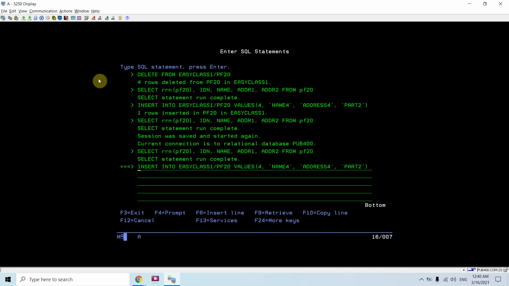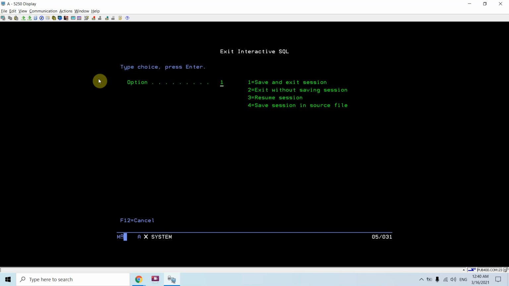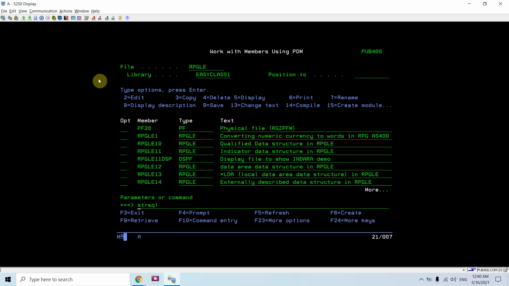If I delete this again and then insert, it will take RRN as 2, not as 1, because I just ran the reorganize and that made that RRN 1, and then I deleted RRN 1.